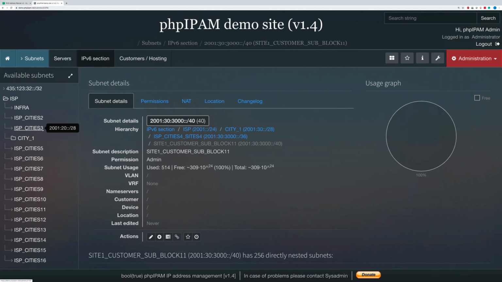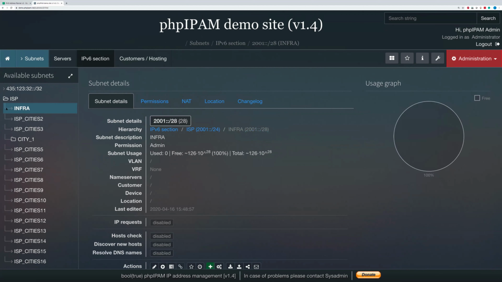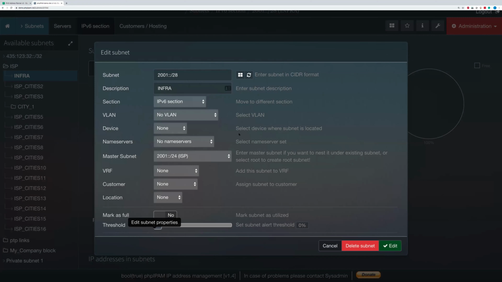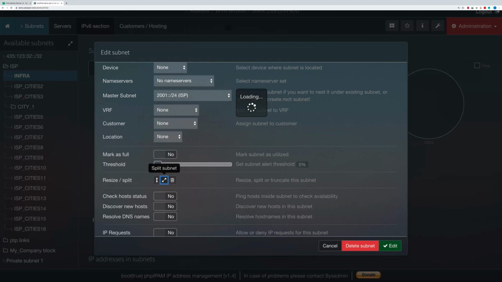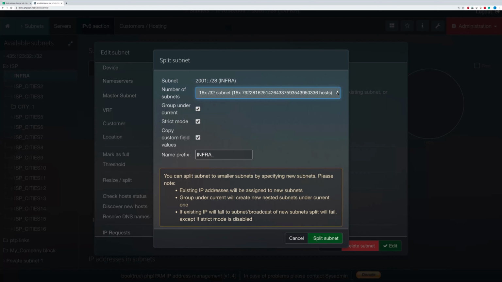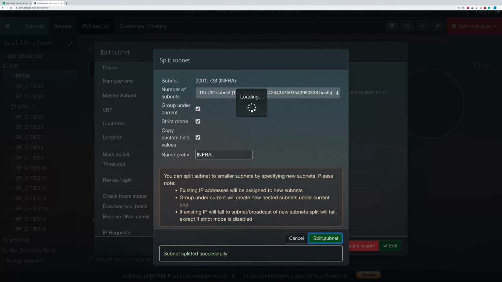So I can split it into /32s, so we have various /32s. I can pick one of the /32s and say this will be for, let's say,